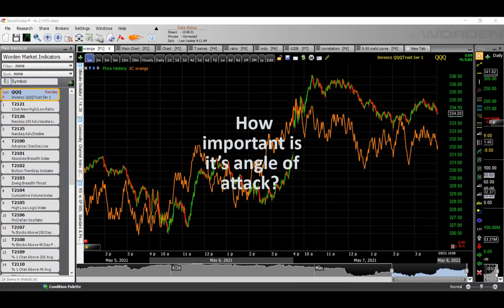How important is the angle of attack? I wasn't sure what this was about. Is this asking about a leading divergence? The angle of attack is how steeply 3C is moving in relation to price. What you mentioned before, and Kirk uses the term rockets up. Yeah, it is important. It's showing you really strong buying when it rockets up like that, or occasionally